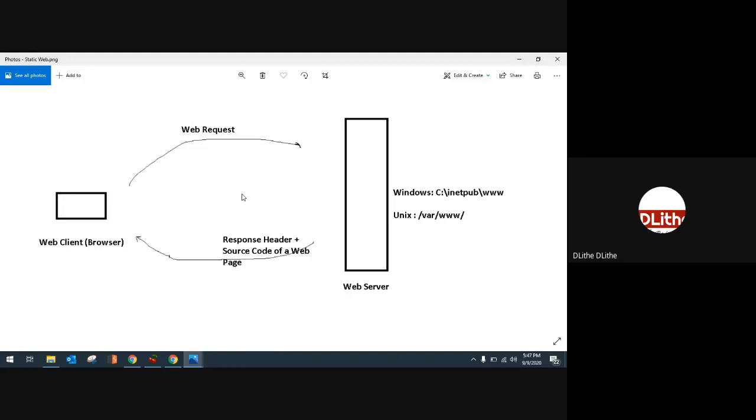So he will make a request for viewing the page. You will give the page in HTML code, and he'll be able to view the data. So this is what static web is. In static web, there is no processing of user data, no client accessibility logic, no authentication or authorization. There's no logic at all in static web. The only thing is someone will ask for a file and you give the file.